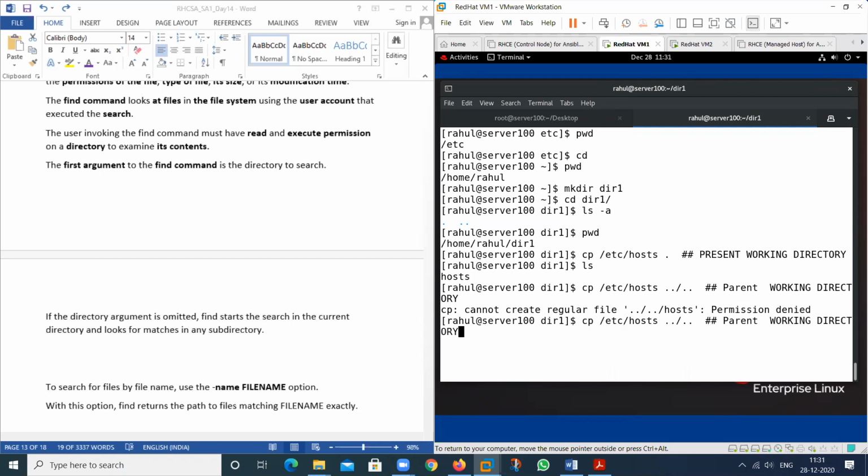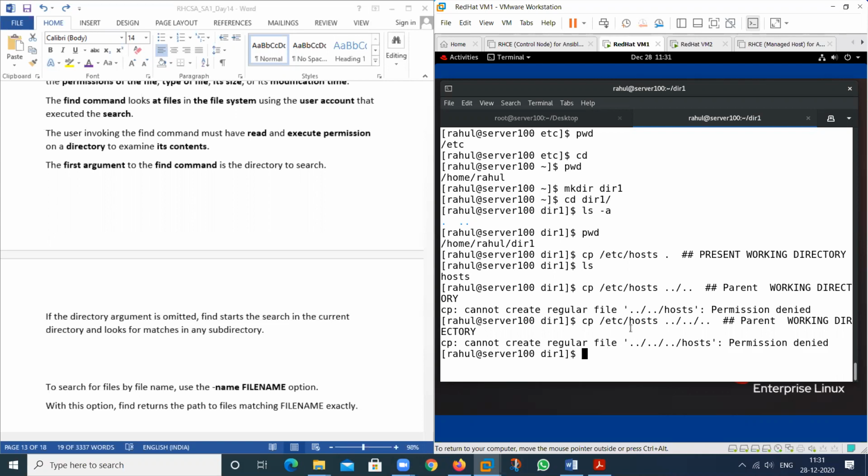See, if I use it again, see this one, it says cannot create regular file because of this. So if I have the permission, then we can move this one.